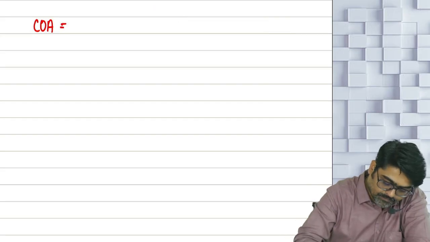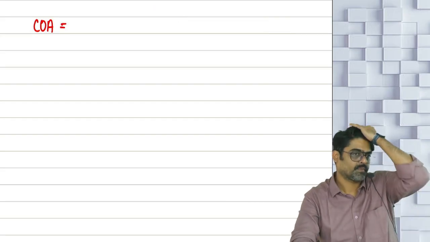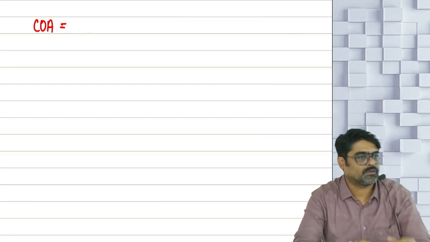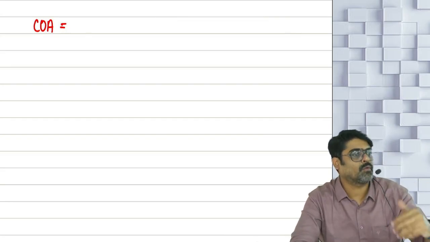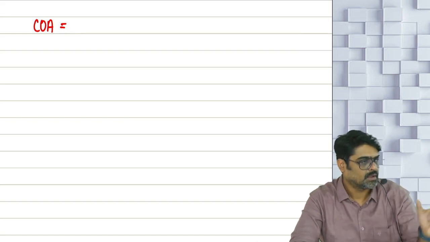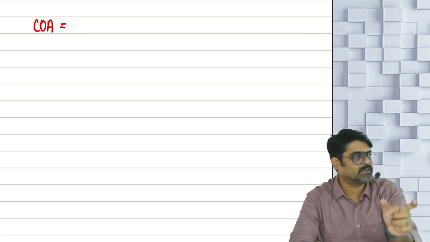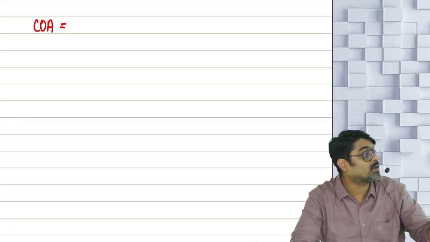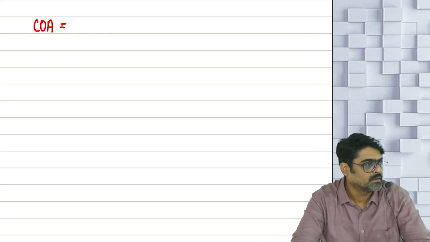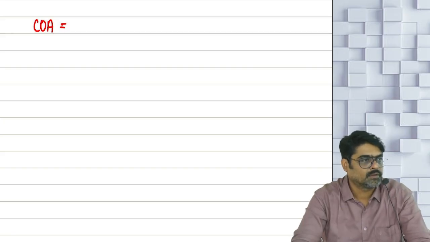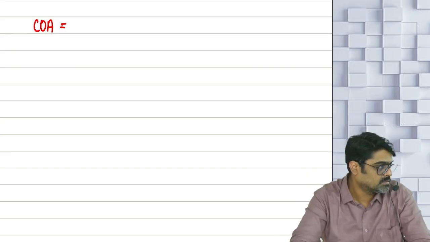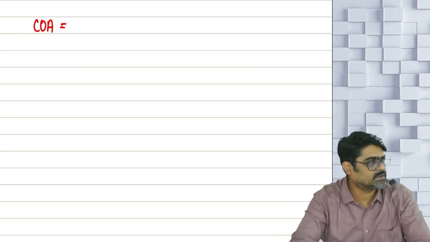Now what is the cost of acquisition? Come on, tell me. You are a transferor, no? You have transferred your capital asset. So now to calculate the capital gains, you have taken full value of consideration minus transfer expense, you are having net consideration. Out of that net consideration, reduce the cost of acquisition of your asset, which you are transferring. So what is the cost of acquisition which you are going to reduce? Cost of acquisition is nothing but